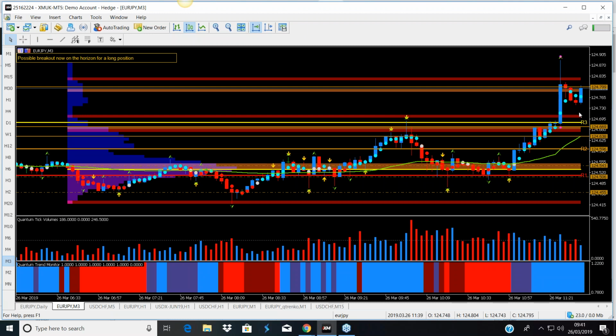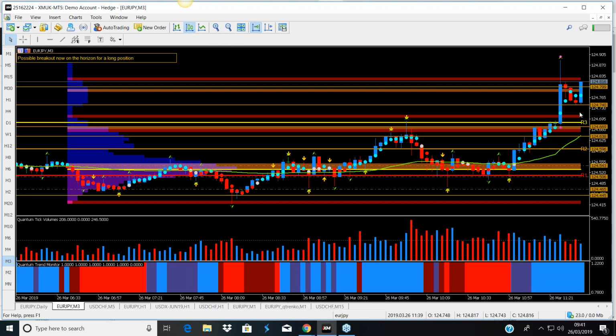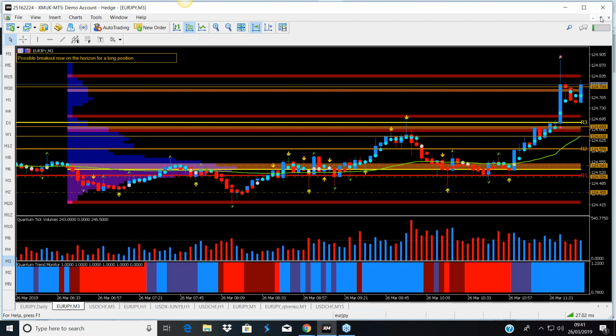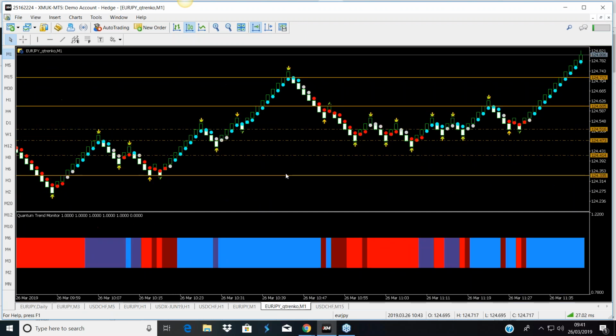But if you think you can, if you look at it through the prism of VPA, and you look at how the Renko works, the VPA under those 3 candles, and what the Renko is signaling, the Renko is actually still saying, yeah, it's awfully interesting. There's been a pullback, but it doesn't sense that there is an imminent reversal. The trend dots are still blue. The monitor is still blue.